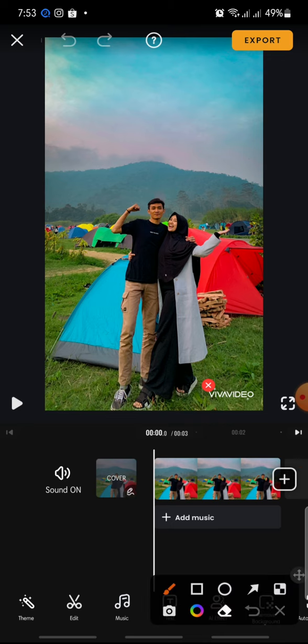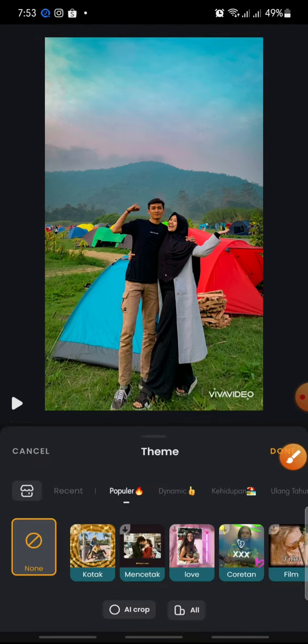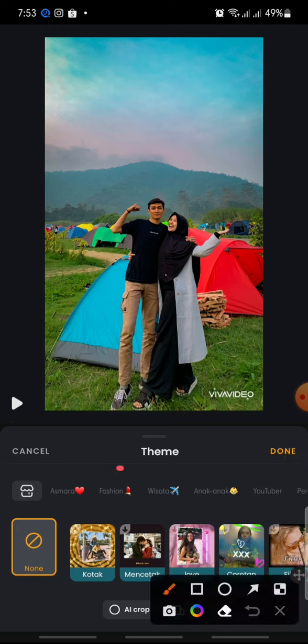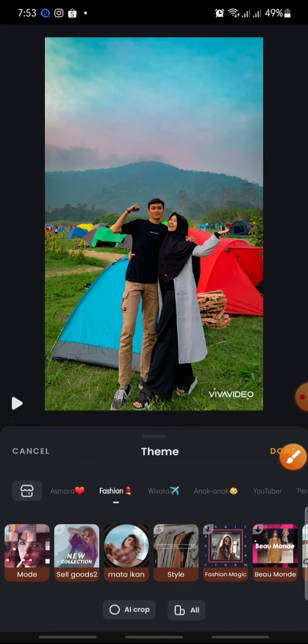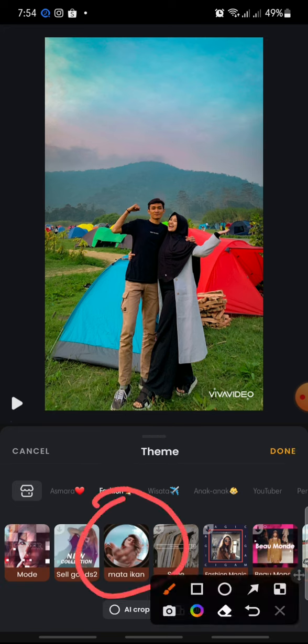And now after this you can click on the theme, and then at the theme you can swipe. At the menu you can swipe until you can see fashion. Click on it, and after this, in here you can see fish A, this one. Just click on the fish A, and now you just click on done in here